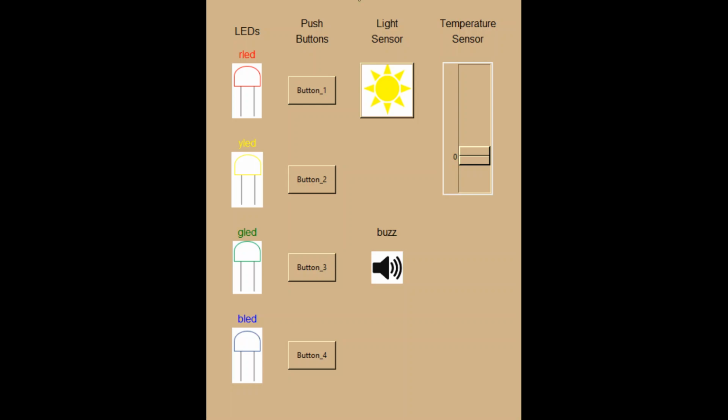Hello class. Today I would like to show you the physical programming simulator that we're going to use for many of the exercises in our class. The first column has four LEDs of different colors, and above each LED there's the name of it that we refer to in our program. So we have R LED, Y LED, G LED, and B LED for red, yellow, green, blue